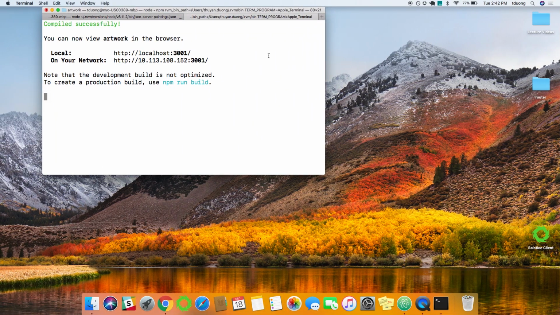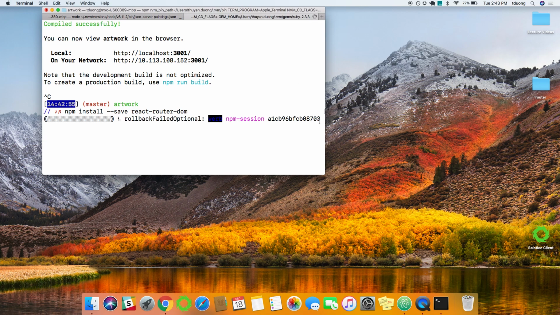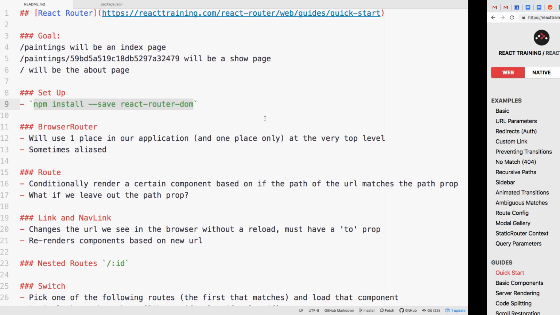So I'm going to kill my server and npm install --save react-router-dom. In the meantime,